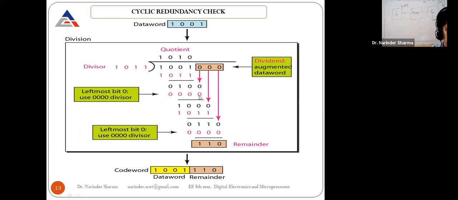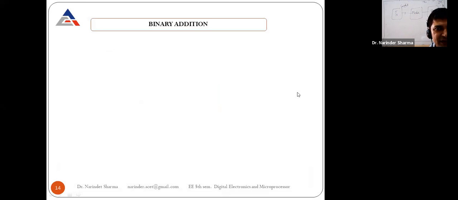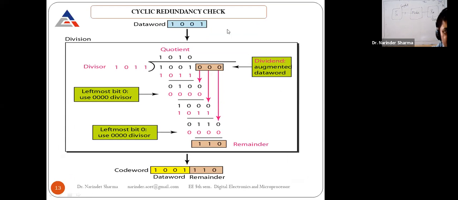Here we have to apply the zeros. So you can go for this 0. Same data, so 1 minus 0 is 1, 0, 0. This 0 is being appended. So again, if you are applying 1, 0 minus 1, 1, 0 minus 1, 1. The rest is this, so again you are appending 0. So there is a remainder. It means some error has occurred in it. In this way, we can find out whether there is an error in the CRC, cyclic redundancy check, or not.